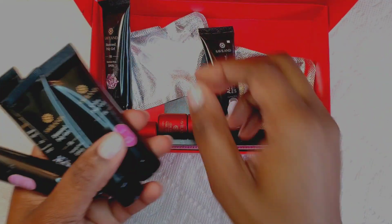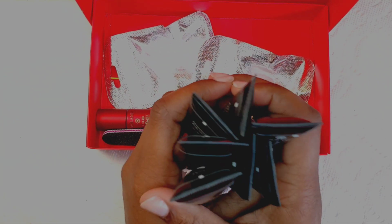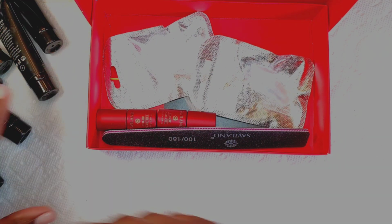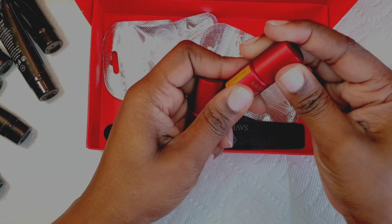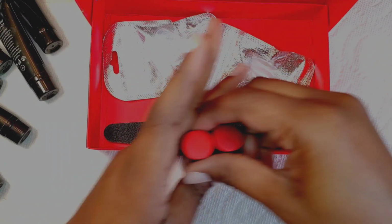The thing about these dual forms, they are a bit curved, and you guys know I do not like curved nails, so I did not use this for a set. For this set that you guys are gonna see in a minute. And also I didn't feel like I wanted to use dual forms. I never feel like I want to use dual forms, so it'll always be sculpting and laying